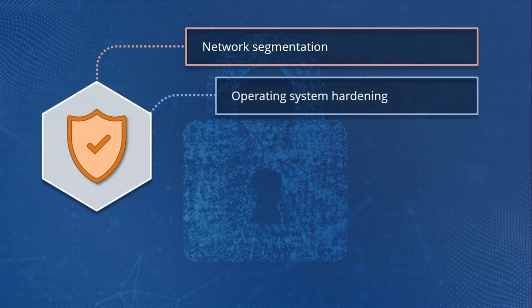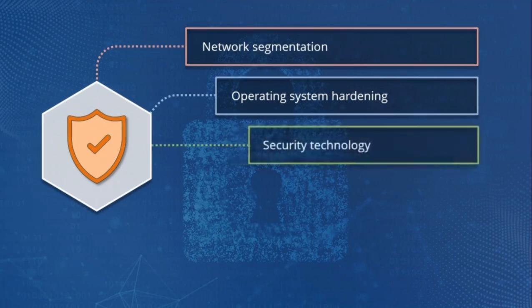Operating system hardening, now we'll deal with this in detail in separate videos, but the concept is very simple. We lock down every workstation or server as much as we can. Hardening is what you do before you start adding on things like antivirus. It's removing unneeded services. It's turning off unneeded accounts. It's applying patches, things of that nature. Now, for network infrastructure hardening, you've got to harden every operating system, your workstations, your servers, and even the operating systems on your routers, on your switches, and other devices.